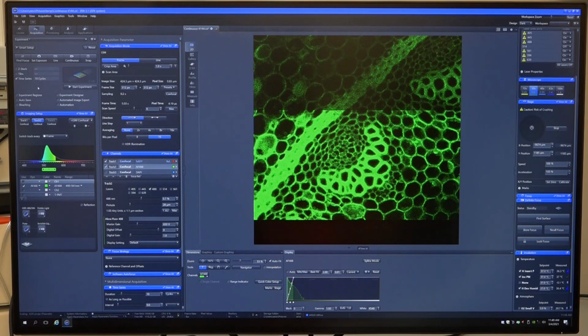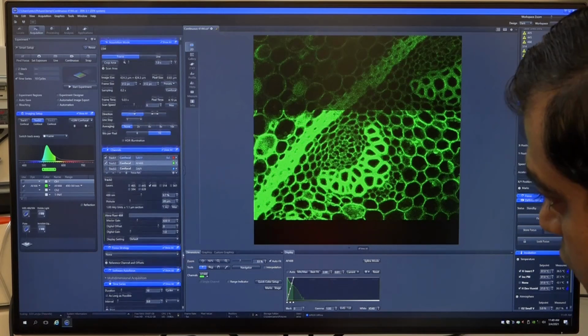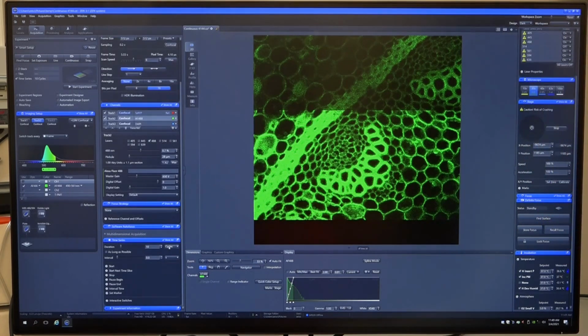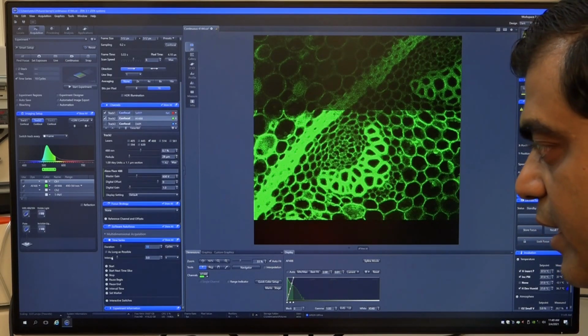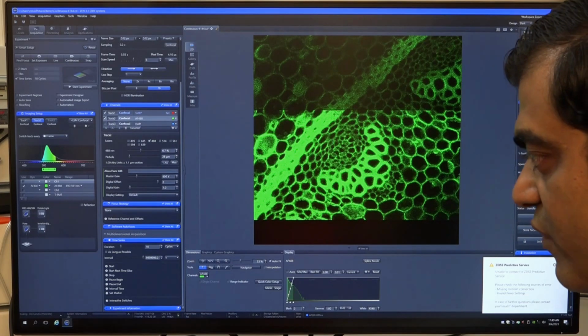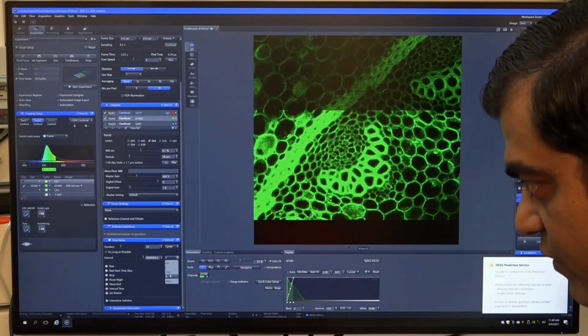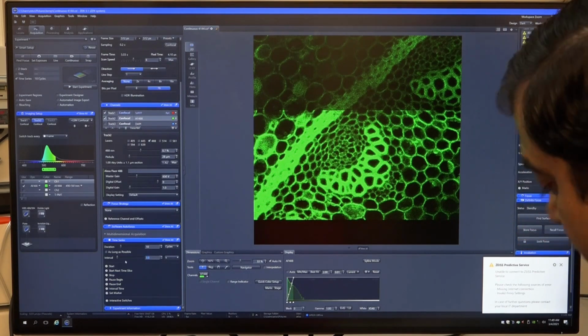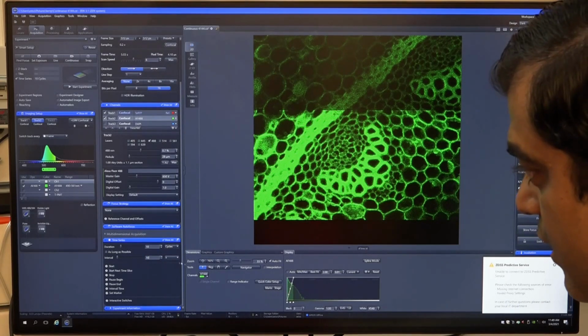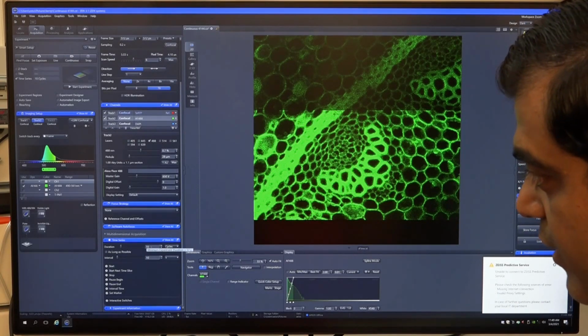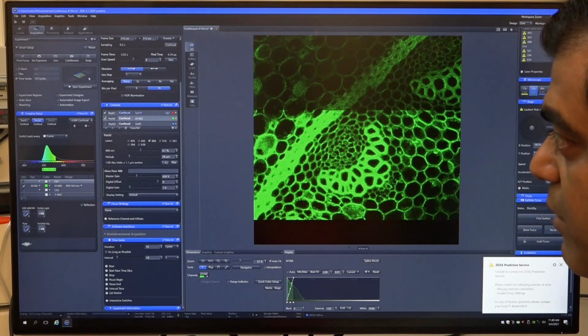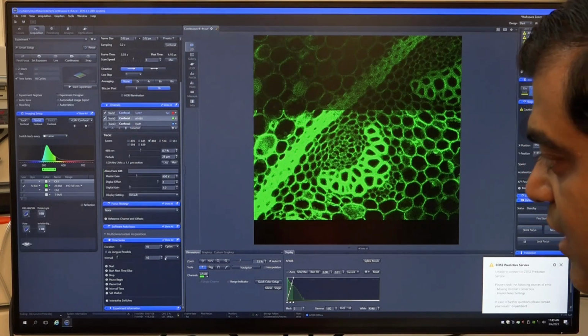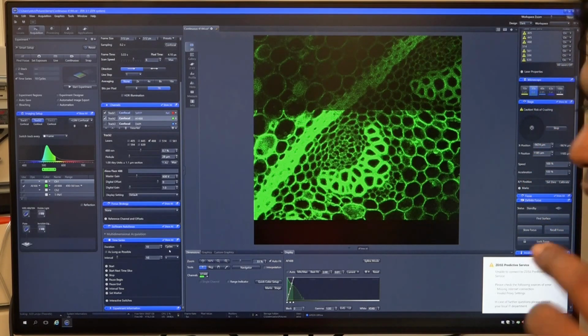now if you want to do time series, you just click on Time. In Time, a window will come. You can set how many cycles you want your experiment to repeat. So for example, 10 cycles I want to repeat. And if I want to give an interval in seconds, milliseconds, or whatever time, in hours, days, I can give an interval here. Suppose I give an interval of 10 seconds. So whatever the time taken for this sequence plus this 10 seconds will be my one sequence time, and it will be repeated 10 times.